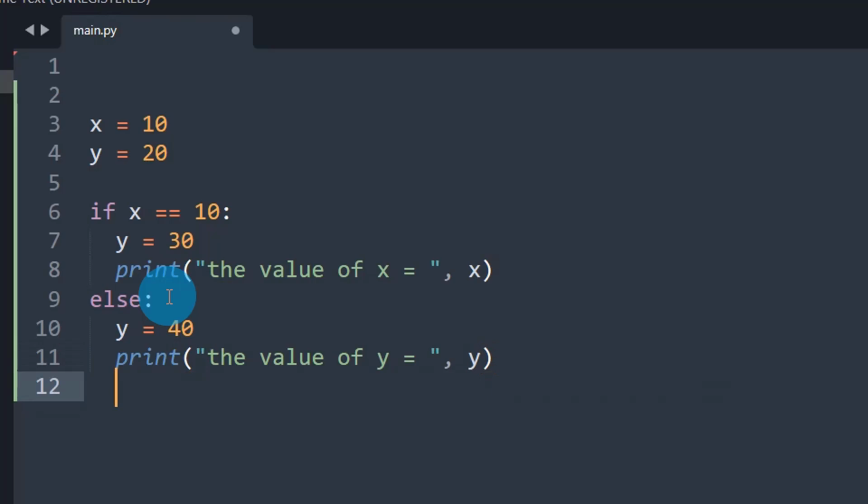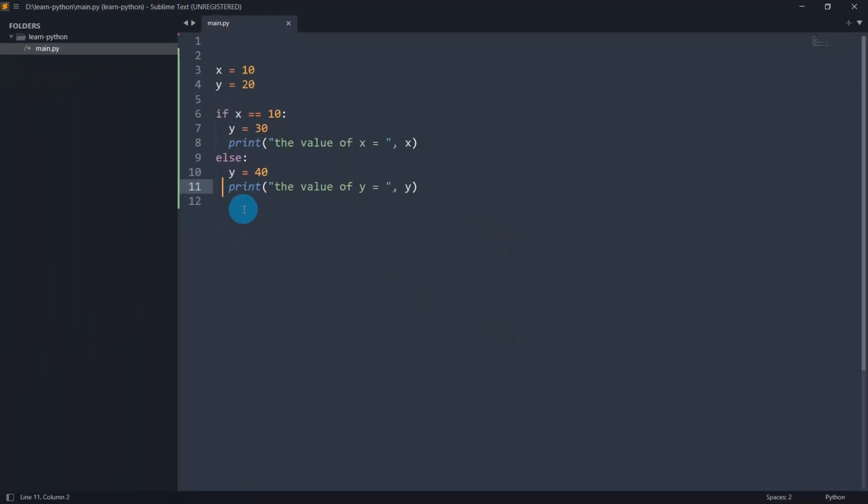Got it? If you see the indentation, you can use tabs or spaces, it doesn't matter. In my editor, I am using two spaces instead of a single tab. This is convenient to me. It's up to you whether you use tabs or spaces, that doesn't matter, but you have to have proper indentation while writing the code in Python.